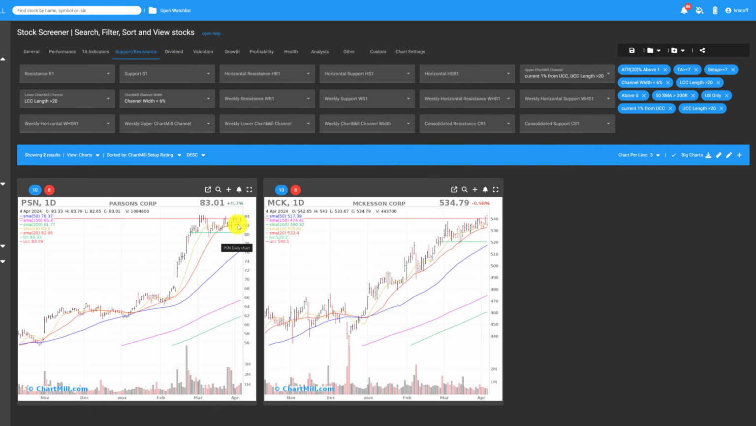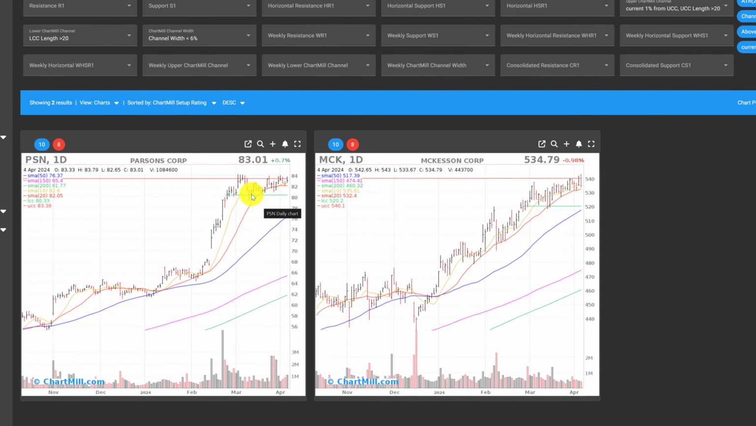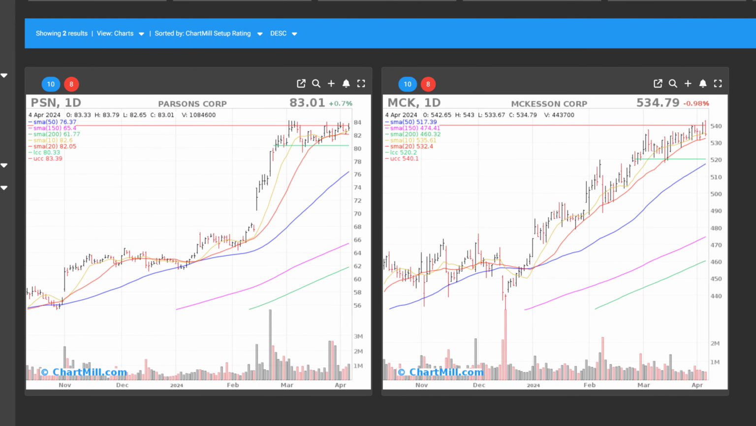PSN, Parsons Corporation, very close, a very neat VCP pattern. I will show it with an annotation. Change the color. So that is what is meant by a VCP pattern. If you don't know what a VCP pattern is, it's a volatile contraction pattern, and it's one of Mark Minervini's setups. And also for MCK,